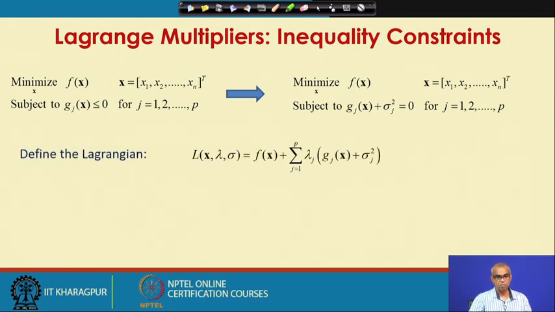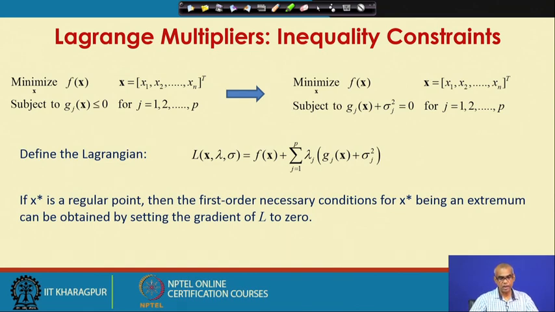Now, I can make use of the Lagrangian method that we have learned for equality constraint optimization problems. So, let us first define the Lagrangian. The Lagrangian can be defined by defining a Lagrange multiplier for each equality constraint, taking their product, summing them up and adding the sum to the objective function. So, the Lagrangian function is defined.